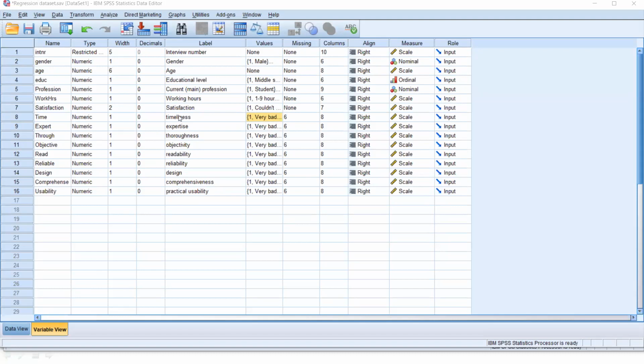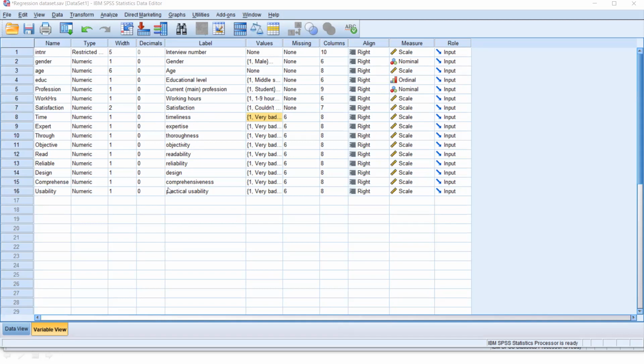It's measuring the satisfaction of the employees based on different variables: timeliness, expertise, thoroughness, objectivity, readability, reliability, design. This is customer satisfaction regarding some particular goods.